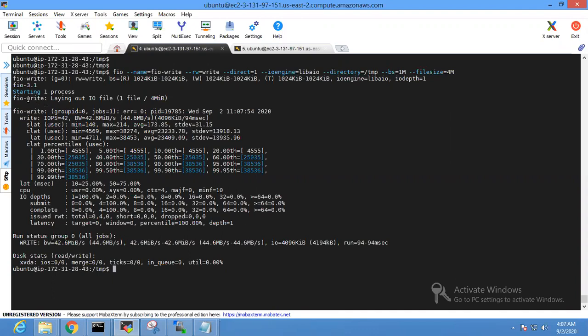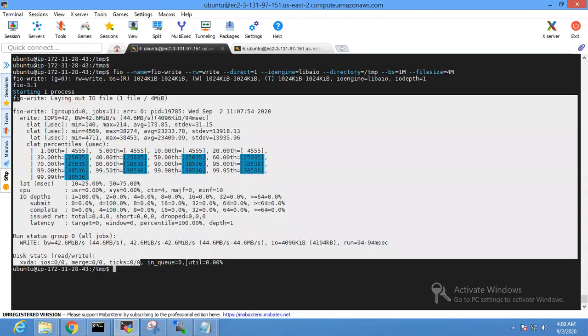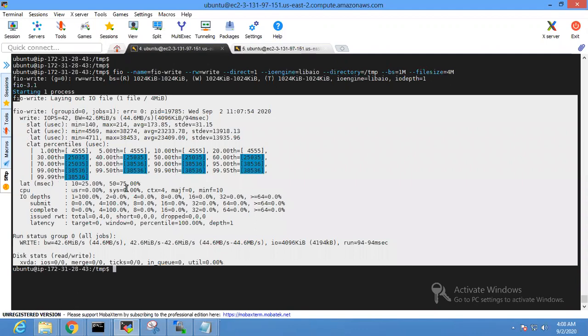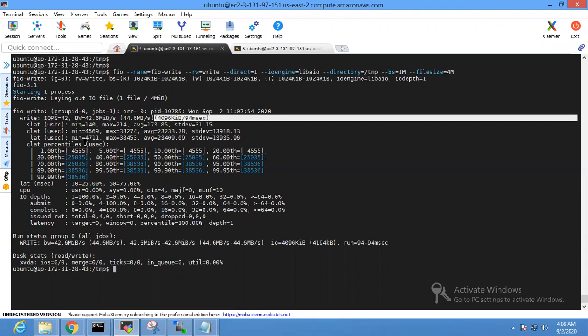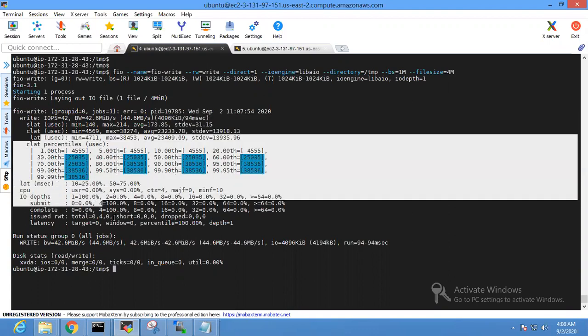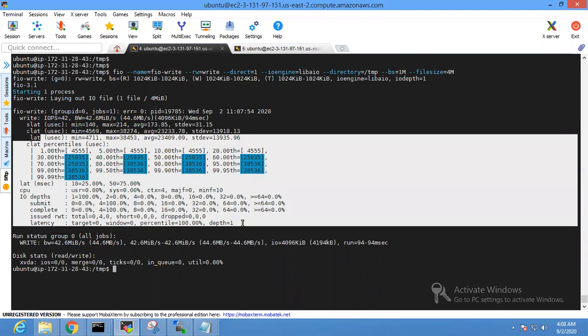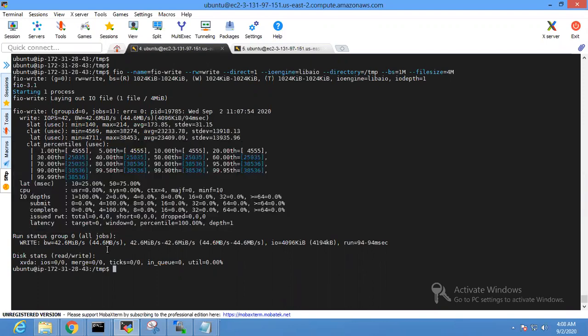So it gives a pretty decent output, and there is various information already available. You can see what IOPS came in for write. This is the write IOPS. Now, if you had written read write, because you wanted to read and write again, then it would show what the IOPS for read are, what the bandwidth is, the latency in milliseconds, and various other performance values.